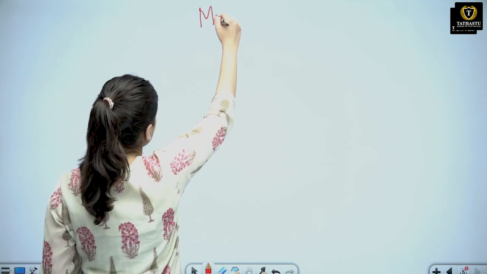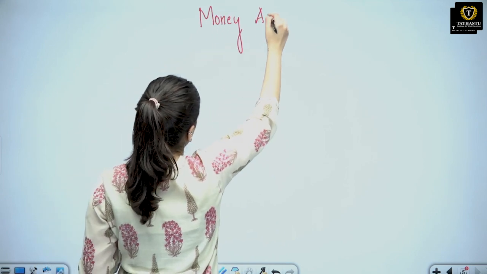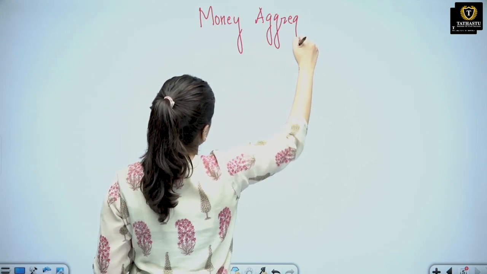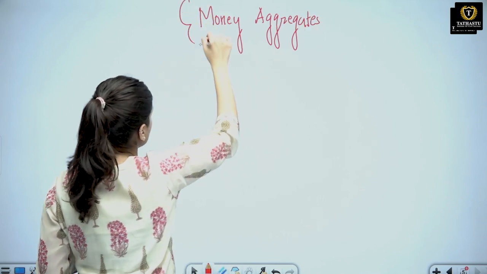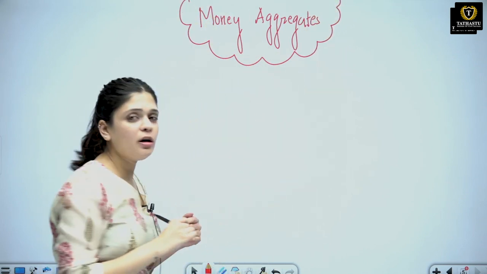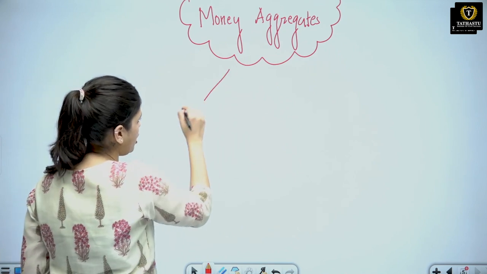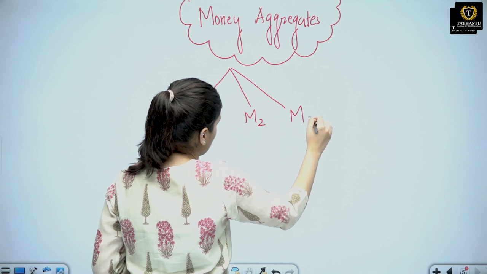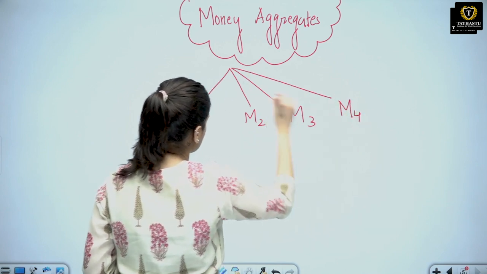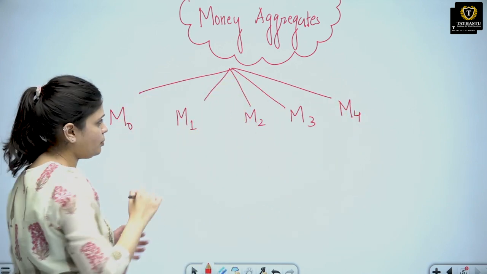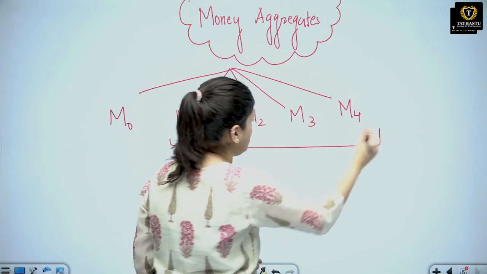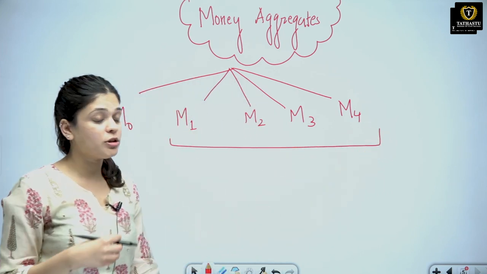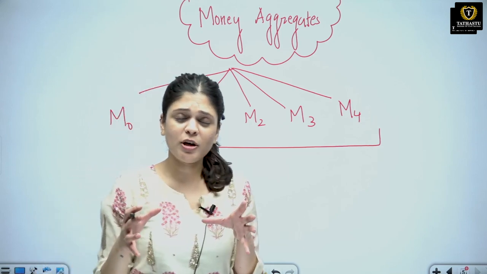Today we will be learning about a very important concept which is known as money aggregates. These are the measures to actually see how much money supply is in the economy. You must have seen these terms M1, M2, M3, M4, there's M0 also, which we will learn in the next lecture, but today we will be focusing on M1, M2, M3 and M4. अब ये क्या होते हैं, what is the use of it, who actually uses these measures, तो हम ये सब